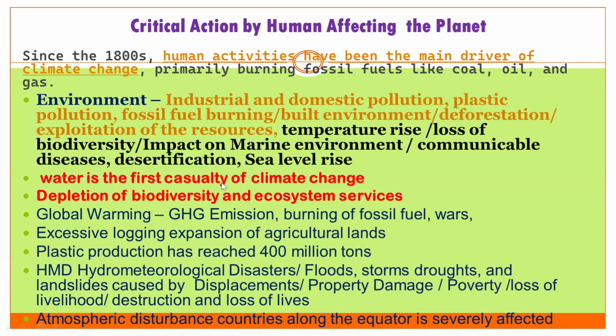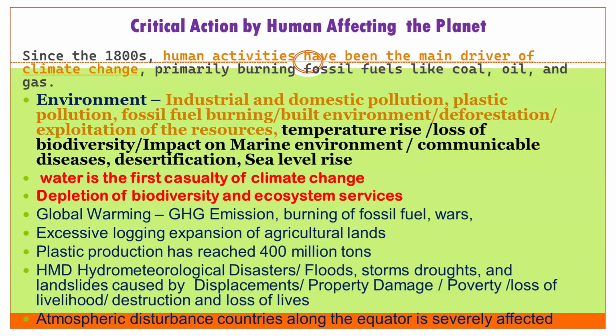So water is the first casualty of climate change. Now, just take the Sri Lankan climate. In the past 5 years, we have seen very strange phenomena of unusual rain, out of season weather patterns. So various things you can always think about. Then number 2 is depletion of biodiversity and ecosystem services. Now, ecosystems help to cool down the planet. But if you destroy ecosystems,